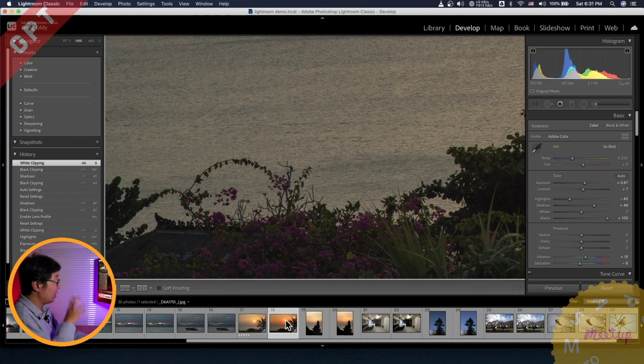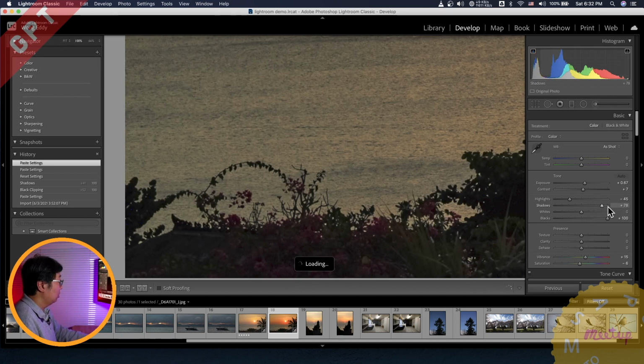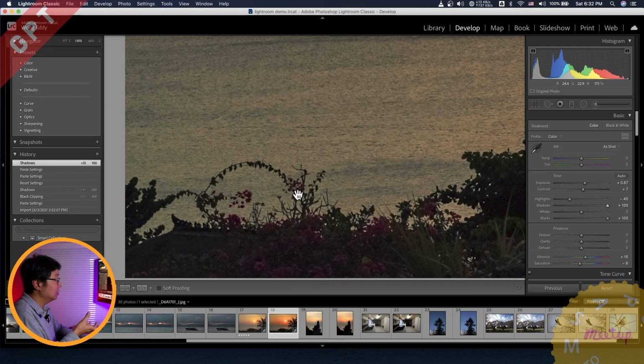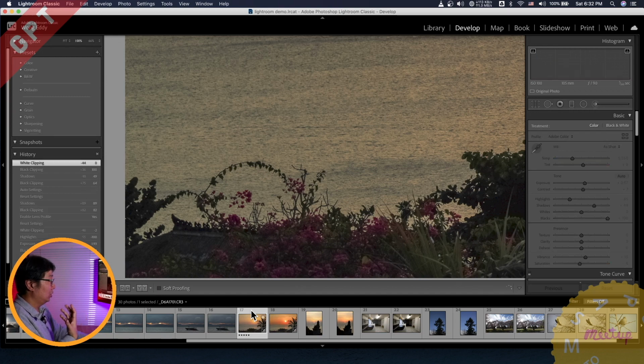And then if you check this one, you can ask, how about if we bring back more shadow? Yep, if you bring more shadow back, you can have more details, but you can see the flower definitely is not as vivid as the raw format. Relative to this, this is the raw,